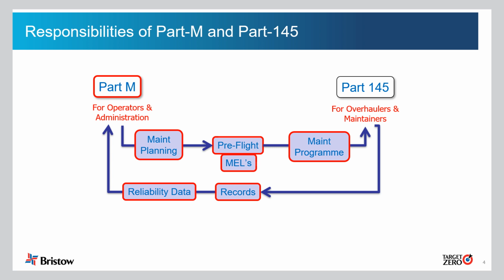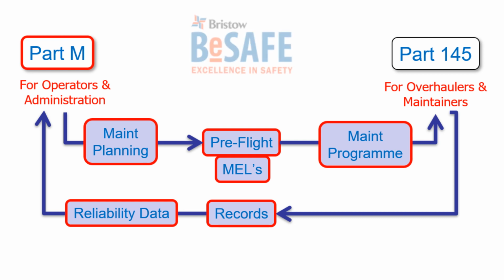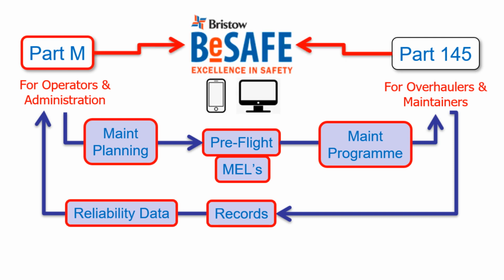Each element of the Part M processing outlined here needs to be performed without error. If an error does occur at any stage, the aircraft must be prevented from flight until the error is reported and corrected. Reporting these errors is a Part 145, a Part M and an ICAO Annex 13 requirement and uses